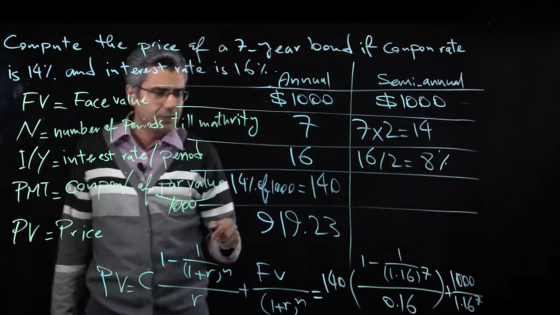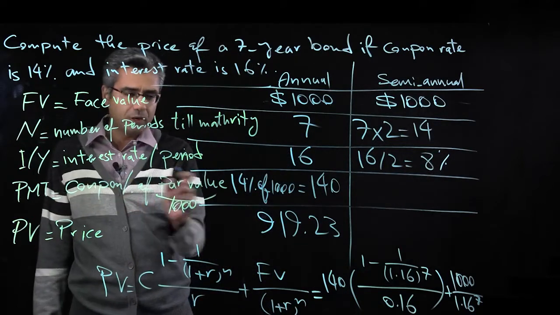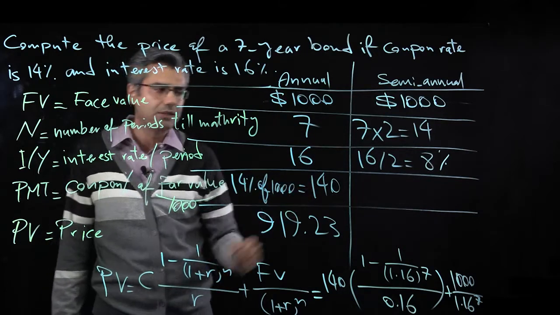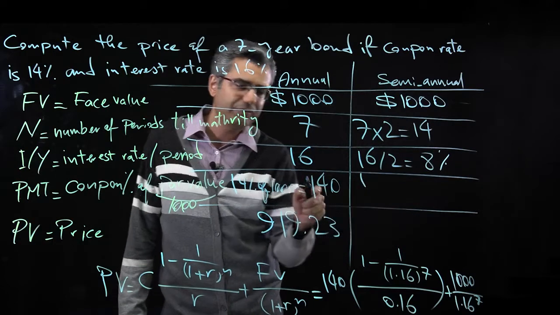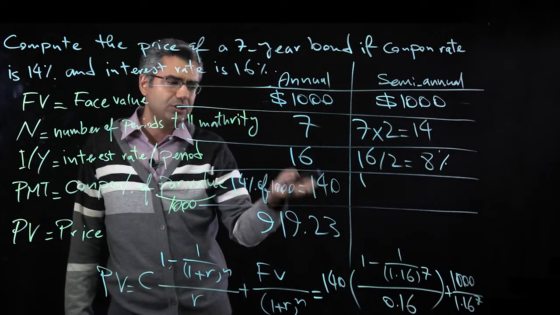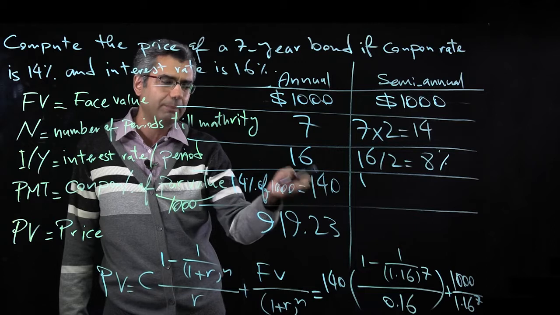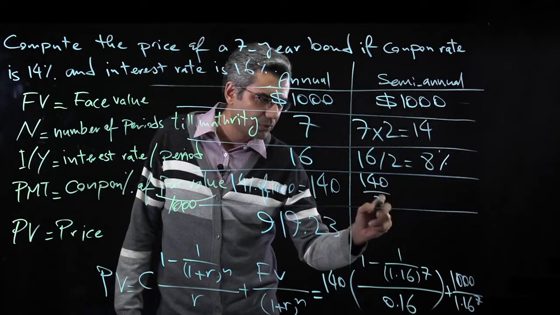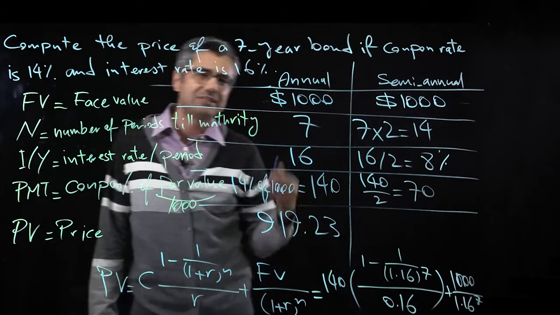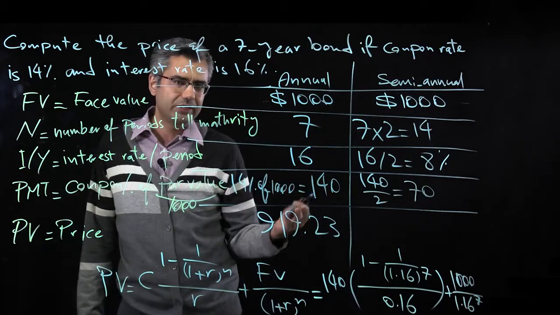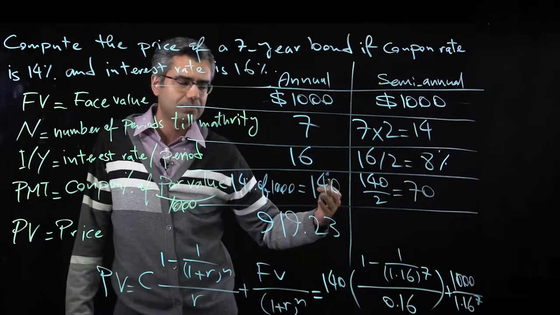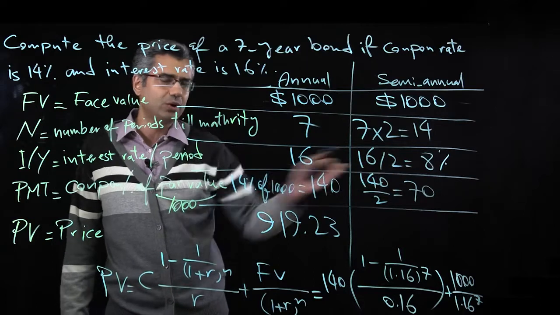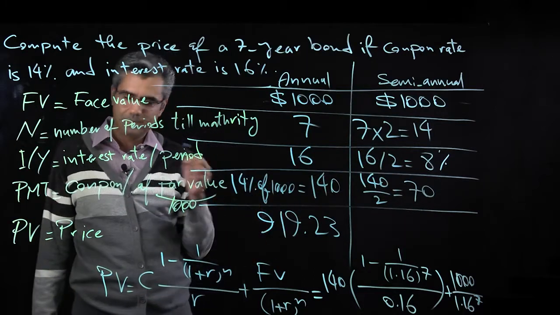8% interest rate. Then payment, coupon per year, because it was annual, per year is 140. So the assumption is you will receive $140 every year. In other words, you will receive $70 every 6 months, right? It's the same thing. Now you key in all these data, these 4, into the calculator, and then you press